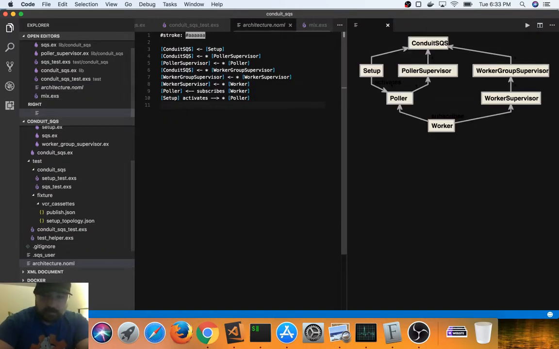So essentially Conduit requires an adapter to do three things. One is accept essentially a topology, which allows you to say I want you to create these queues, and if it's supported, exchanges as well. It needs to accept subscribers, and then the adapter is responsible for basically setting up those subscribers and listening for messages, and then handing them off to Conduit whenever